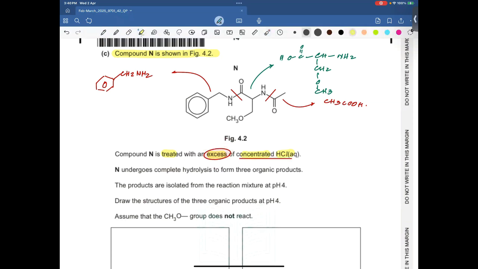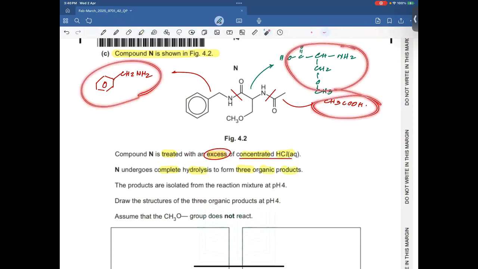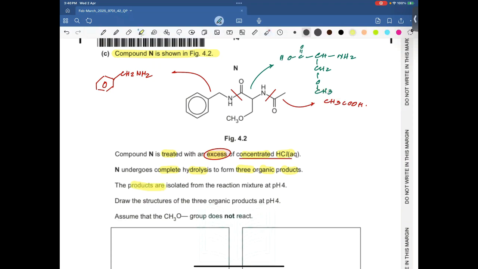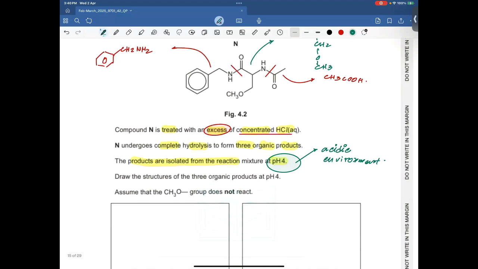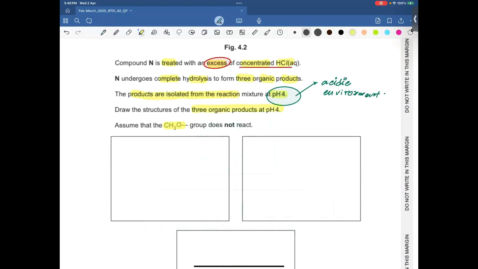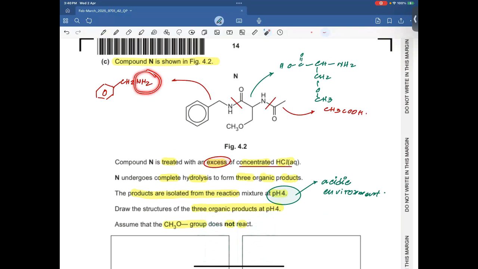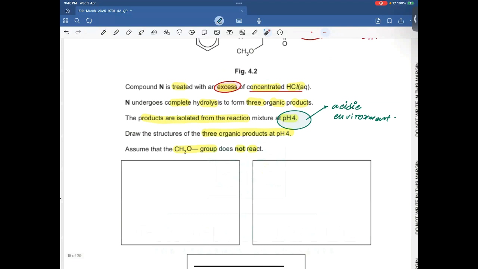So N undergoes complete hydrolysis to form three organic products. These are the three organic products. All right. The products are isolated from the reaction mixture at pH 4. pH 4 indicates that it is an acidic pH. It's an acidic environment here. Draw the structure of the three organic products at pH 4. Assume CH3O group does not react, NH2 will accept proton because of this acidic environment and will turn to